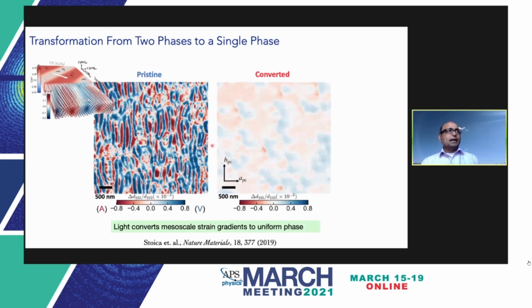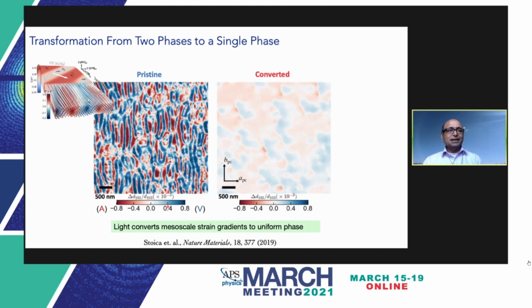With X-ray imaging microscopy, if you take the 103 peak and find the strain, so there's the relative strain in the 103 reflection, you can make an image. You can see the two mishmash phases, this vortex phase and the A1, A2. The blue is the vortex and the A1, A2 is the red. And you can see there's a